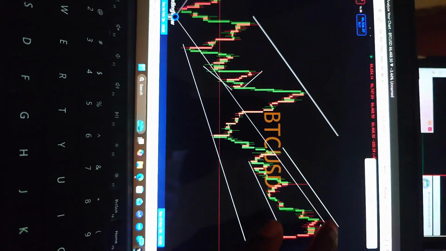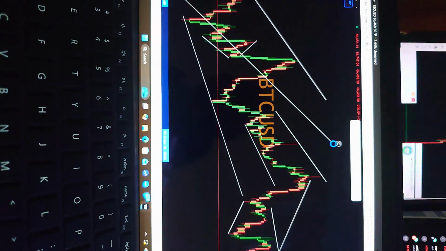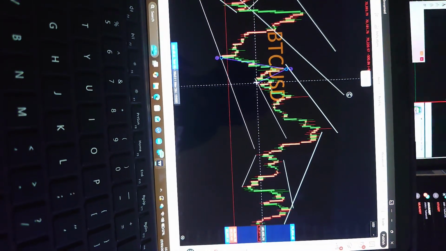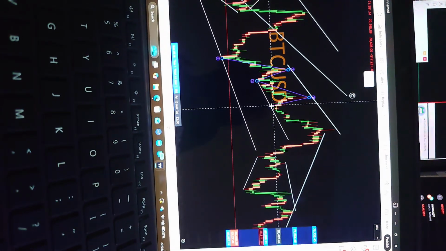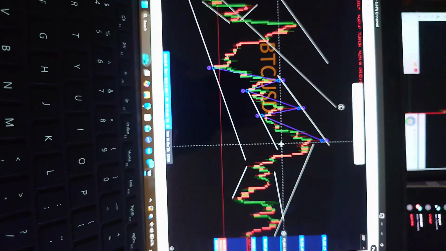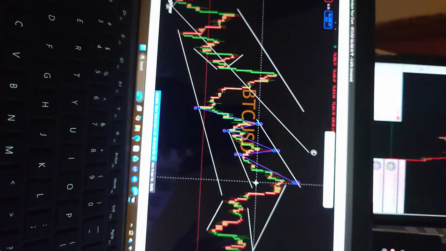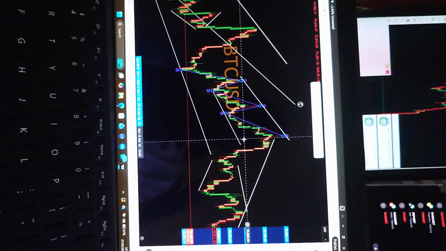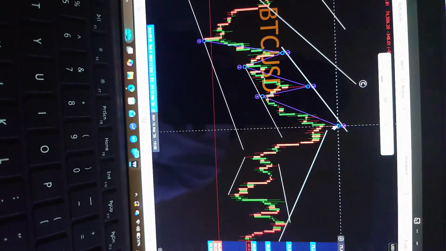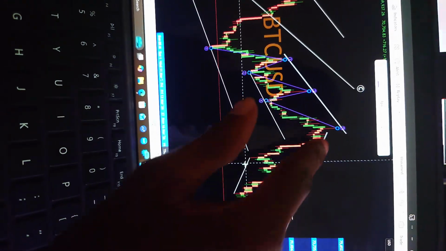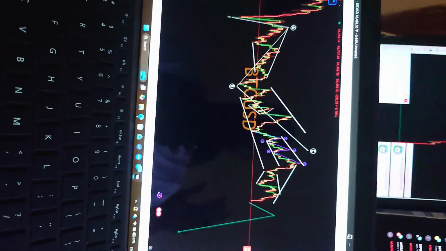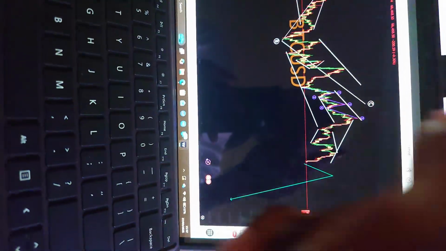Now, as we came to the upside, we created another structure which was still a diagonal, coming as a fan, 1, 2, 3, 4, and 5. Remember, every structure that takes the shape of a wedge is termed a diagonal. It signifies alternation in the parent trend. The parent trend was to the upside. Wave 5 of a diagonal normally comes with a reversal, and the reversal came all the way to the downside. And this reversal that we are having, we are hoping it's going to continue all the way to the downside,